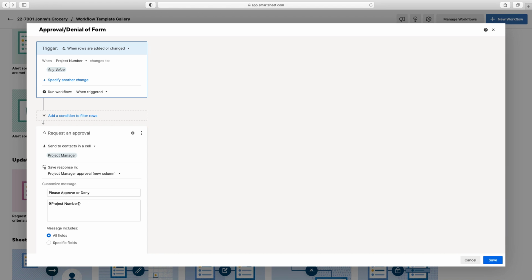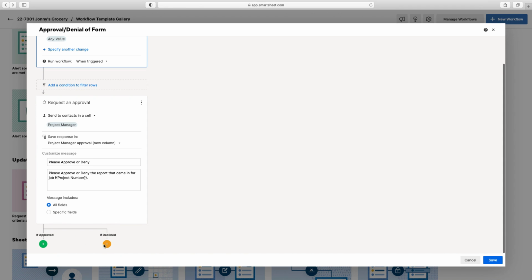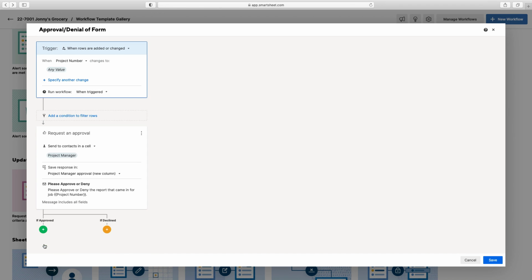Let's go to the beginning here. All right, so we'll do all fields. Now you get to choose what happens if they approve it or decline it. So if they approve it,